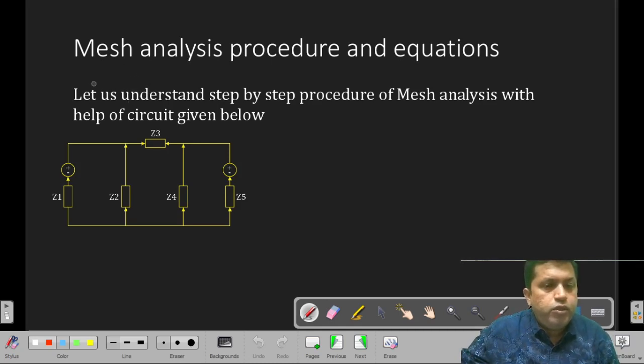Okay, so this mesh analysis is applicable only to a planar circuit. Now we will see what the procedures and equations involved in mesh analysis are. So let us consider the step by step procedure. The circuit is given. So step number 1,